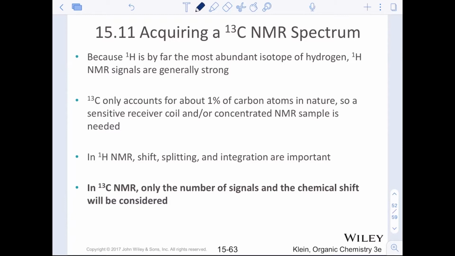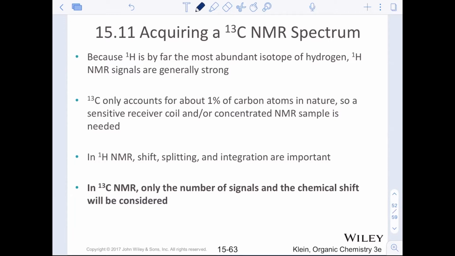We talked about this before with having an odd number in the nucleus, right? Proton 1, that idea is usually because that is the most abundant isotope of hydrogen, and we tend to have a lot of hydrogens in our organic compounds. These signals are really easy to obtain. They're really strong. Carbon-13 only accounts for 1% of the carbons in nature, 1.1%. So you really need a sensitive NMR and a really concentrated sample to do a